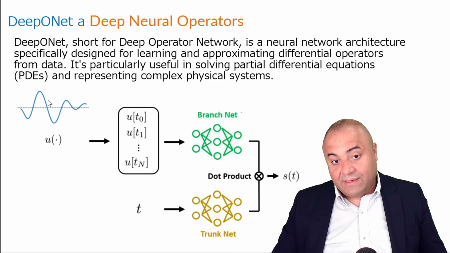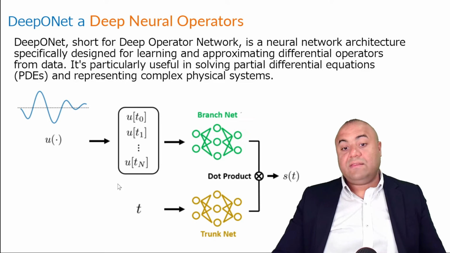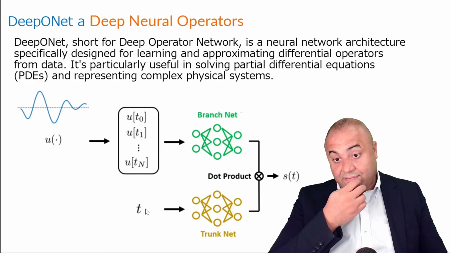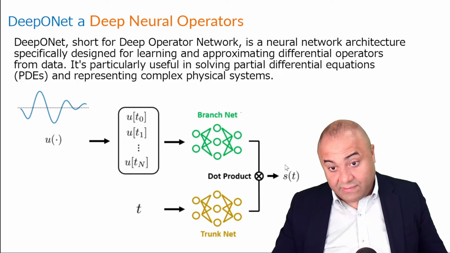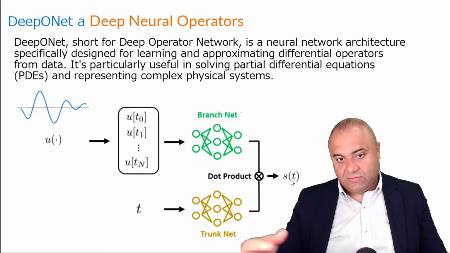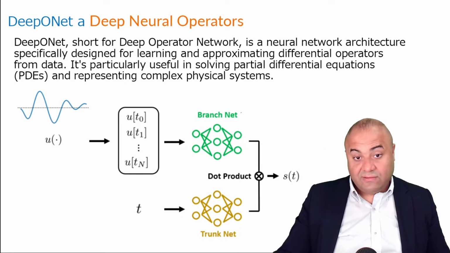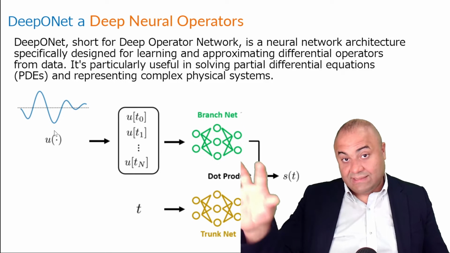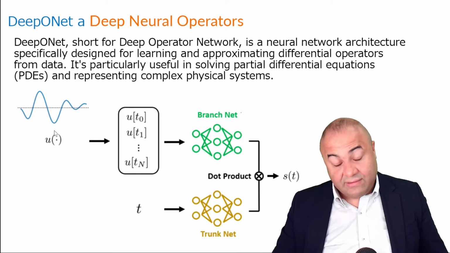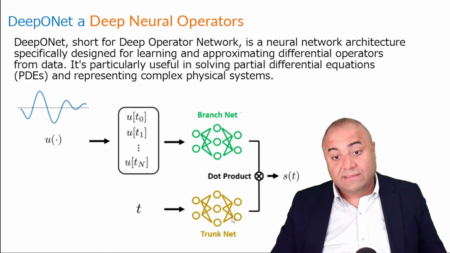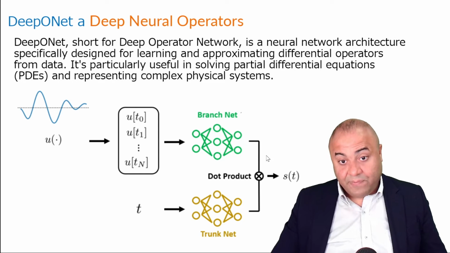If you have, for example, an integration, you will have an initial function, and then you will put the location in which you want the value of that point, and you want to predict s, which is the actual value. So you will have a different function that is related to this function as its integral. So basically, this is how this network works.